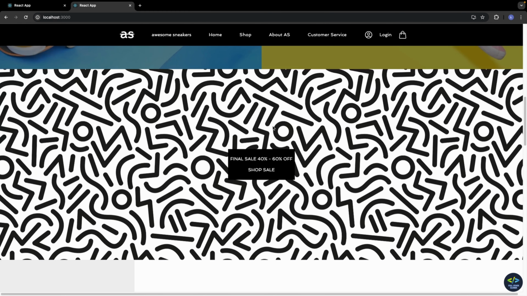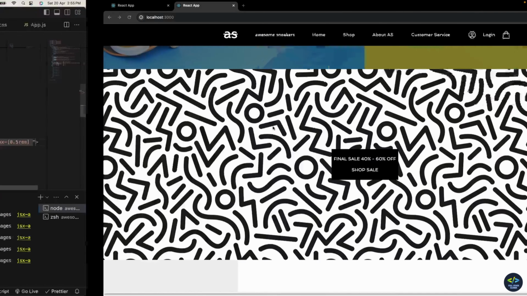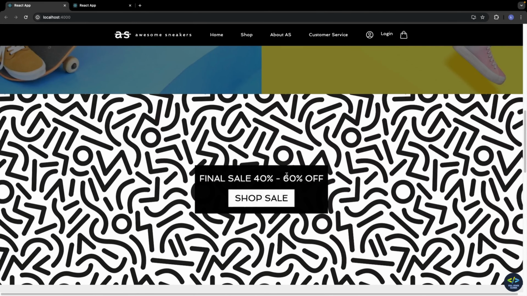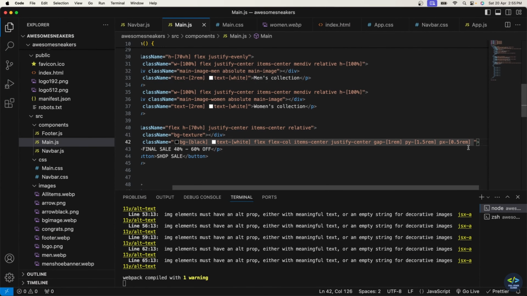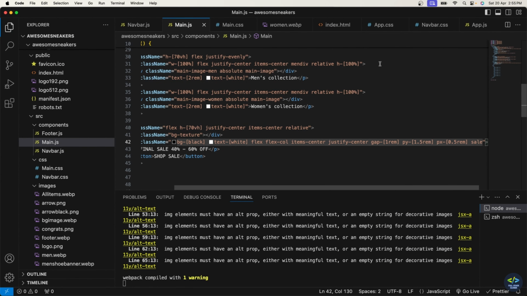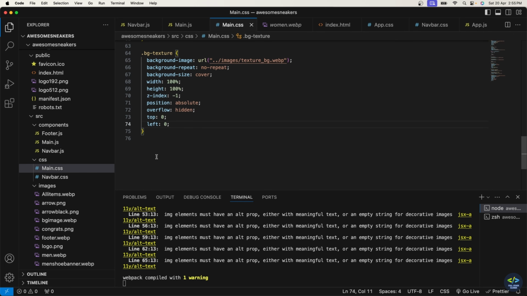And here, as you can see, continuously the opacity will be changing. The opacity is animated, so for certain time it is pure black, and for certain time it is blurry black. So I'll take a custom class called sale, and I'll go ahead and write the animation here, dot sale,